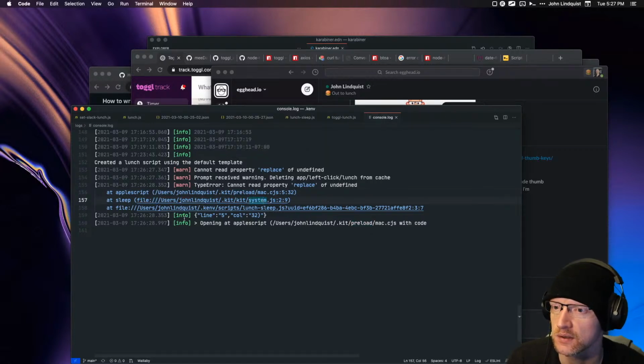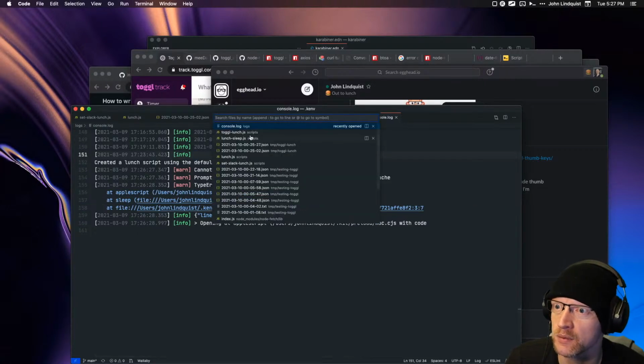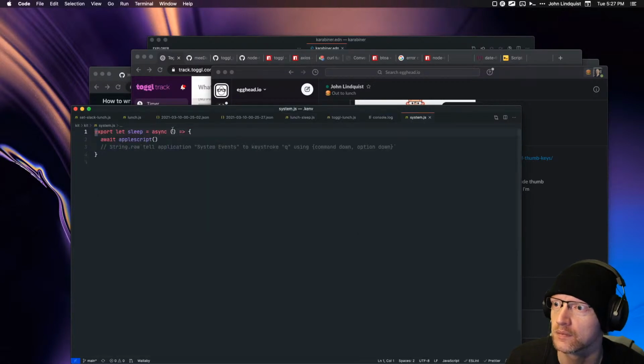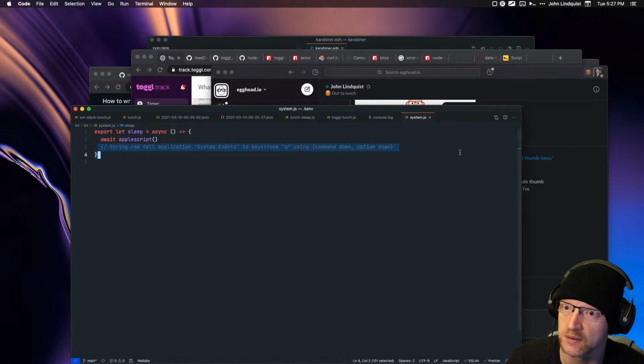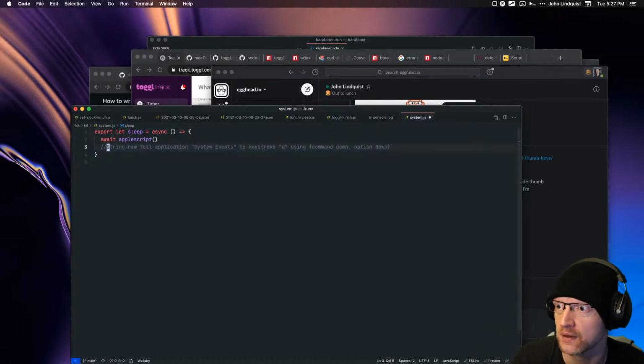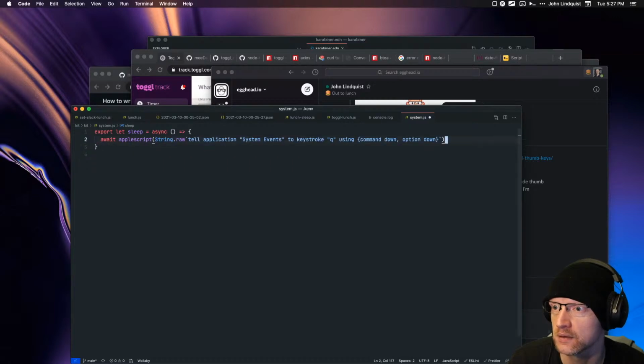Let's check the system. Oh, that may be because I commented out the... yeah. This AppleScript is expecting a string in there, and I commented out the string that was pasted in there. So if I put that back in,